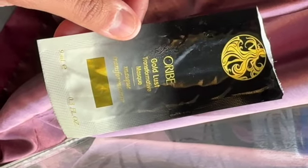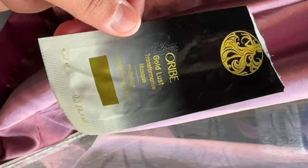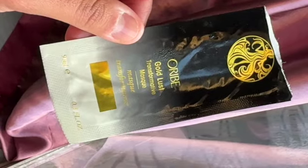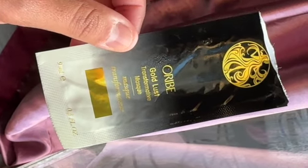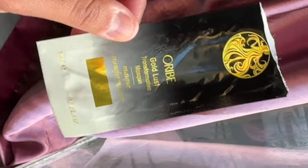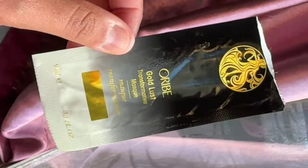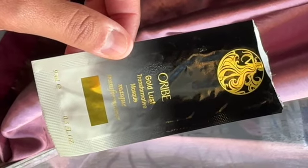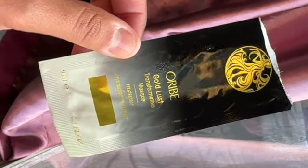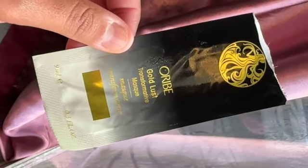Okay, it's July 26th. I'm gonna go back to the Middle East in a couple of days, but we're gonna keep it rolling on the empties with some sample sizes. Here we have a sample of the Orbe Gold Lust Transformative Mask. I had never tried an Orbe product before, but it's something that had been on my radar as a luxury hair care product that people mention can be really good and really hydrating and really kind of restoring